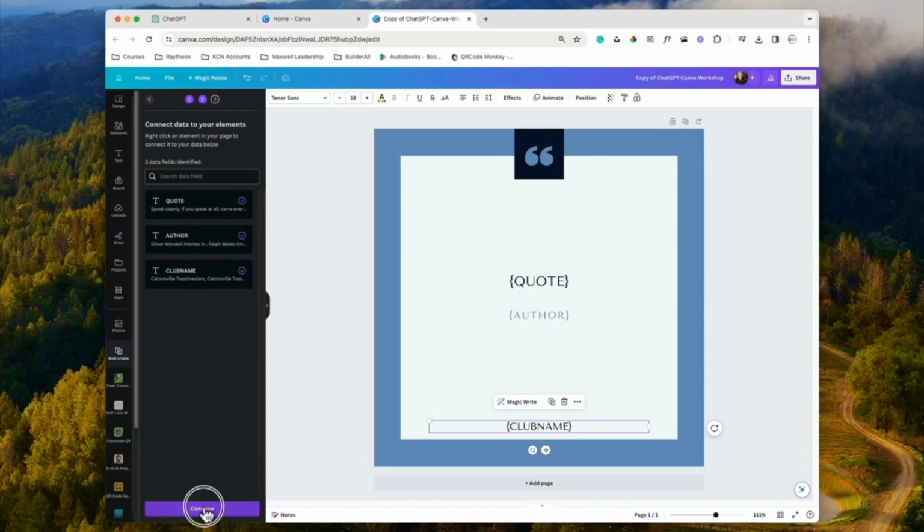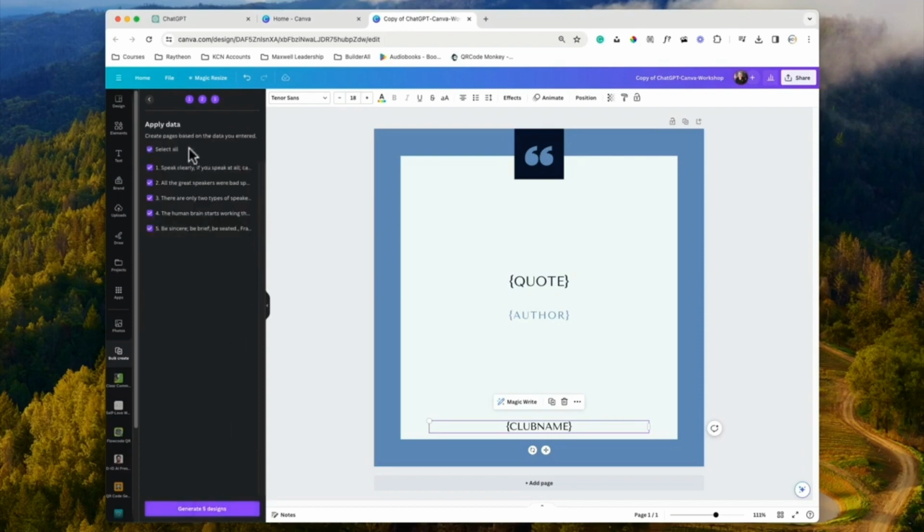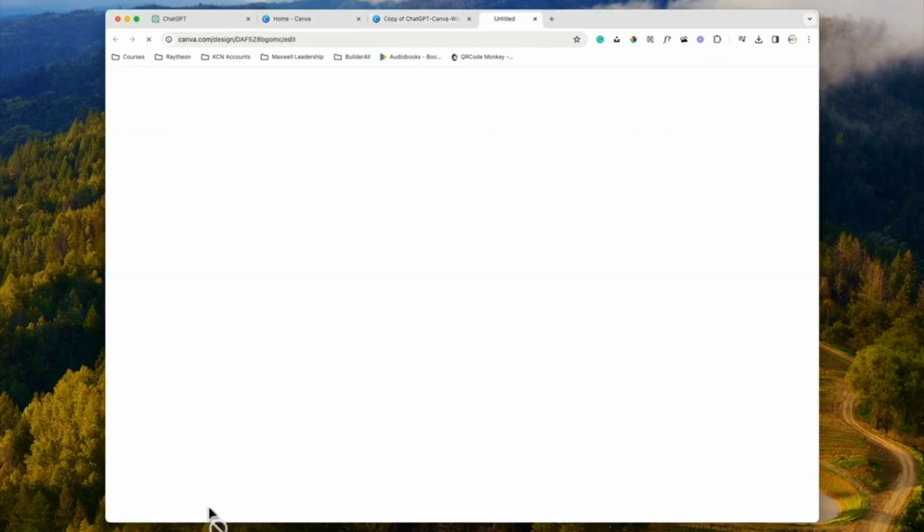We go down and hit continue. Now we have a list of all of the quotes that were in that file. You can select all of them or the individual ones, does not matter. And now we simply go in and say create the designs.